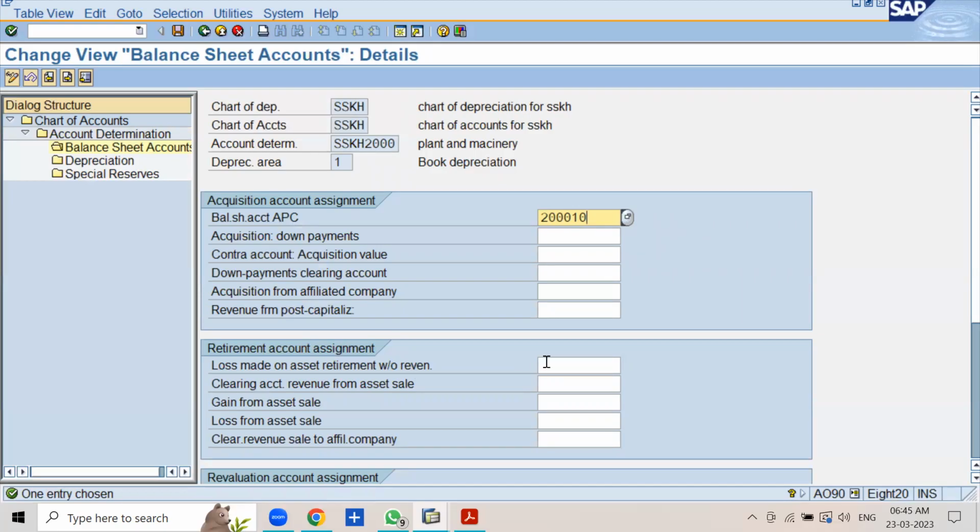Then retirement account assignment. Loss made on asset retirement without revenue. If you scrap the plant and machinery, the book value should be transferred to loss due to scrapping. Clearing account revenue from asset sale. If you sell the plant and machinery, first of all, the sale proceeds are to be transferred to sale of asset account. Then if you sell the plant and machinery and if you get the profit on sale of asset, and if you get the loss on sale of asset. Then